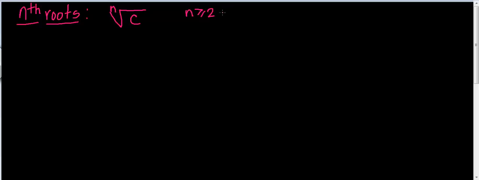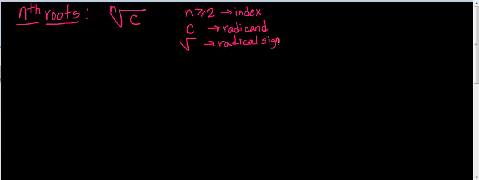And n is also called the index. The index. Okay? C is called the radicand. And this symbol is the radical sign. Okay? Now, for example, if I have